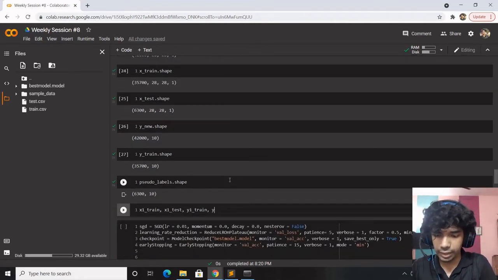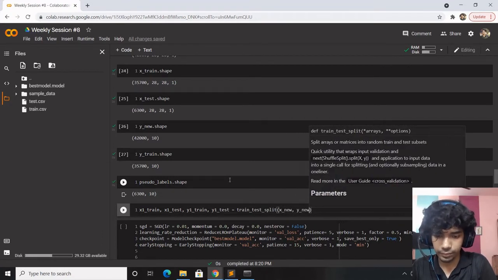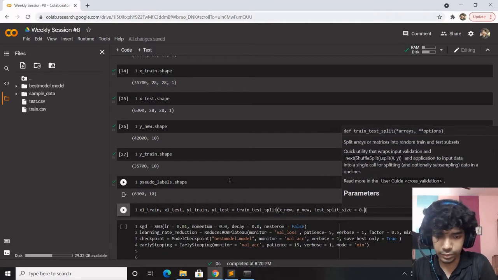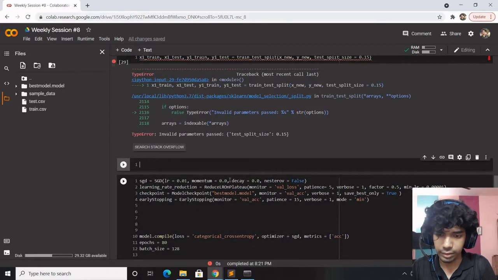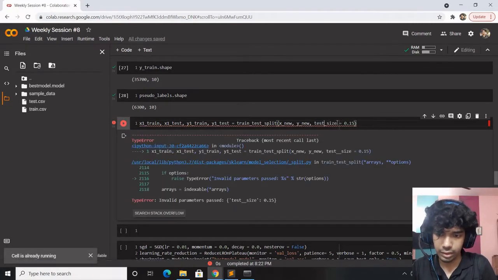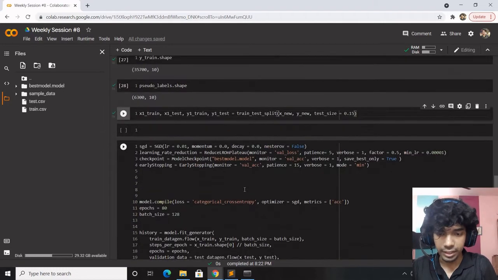So y1 train and y1 test equal to train test split on x new, y new, test size equal to 0.15. I think this is more than enough. Yup. Now we have our data.